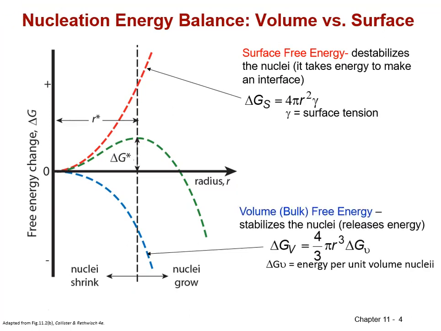The volumetric free energy, which is forming due to the undercooling or the unit strain energy, is going to be proportional to the volume of the sphere times whatever increment of free energy that we're getting as a result of the phase change. So, of course, that's negative, being in the direction of spontaneous change. So just like our equilibrium force balance way back when we were looking at equilibrium interatomic spacing due to attractive or repulsive forces, we can do an energy balance